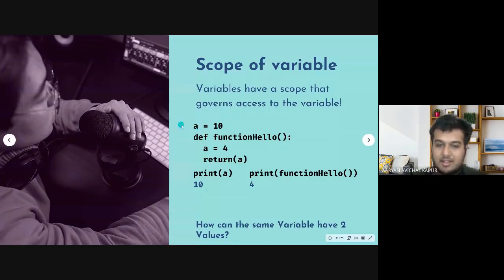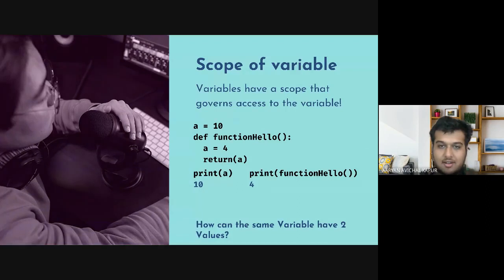You can see that I defined a as 10, and while I defined the function, I changed the value of a to 4. But when I print a and when I print the value of a inside the function, it gives me two separate values. That means the outside a is not equal to the inside a. That means that the scope of this variable is to the outside and to the complete code, but not inside the function. So this is the problem that we are facing currently.